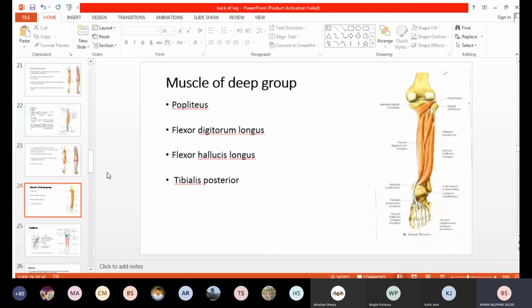Okay. So after that, these are the muscles present in the superficial group of the back of the leg. Now moving towards the deep group of muscles, you can see an obliquely running short muscle, that is the popliteus muscle. After that, you can see the flexor digitorum, by the name, digit. It is going to the digits, flexor digitorum. And laterally, you can see the flexor hallucis muscle. So after lifting and slightly moving the muscles, that is digitorum and hallucis, the deepest muscle is the tibialis posterior muscle. So we have to lift these two muscles to see the tibialis posterior muscle.